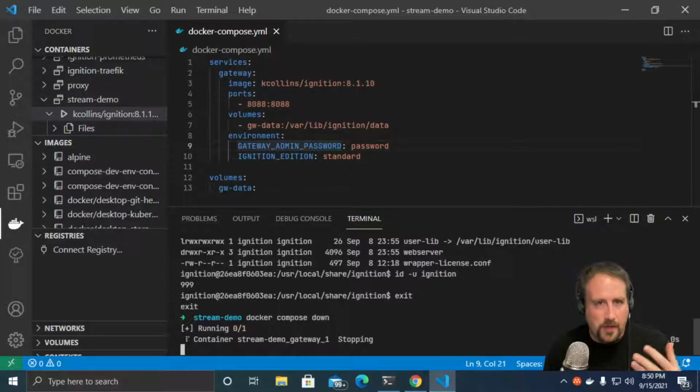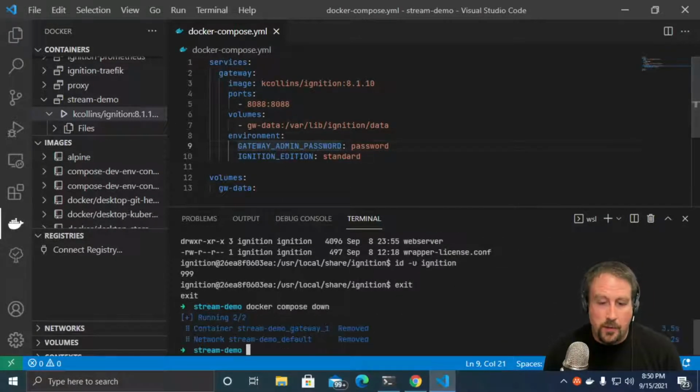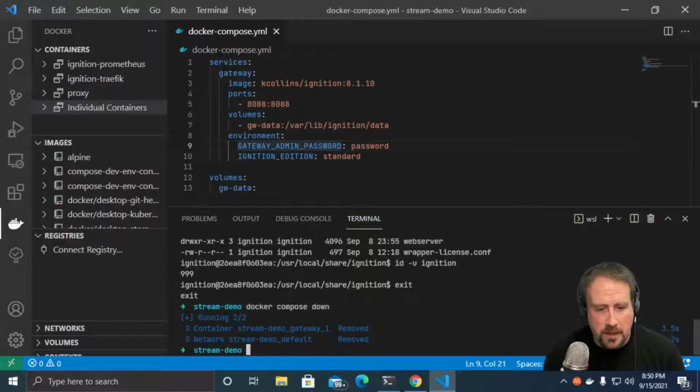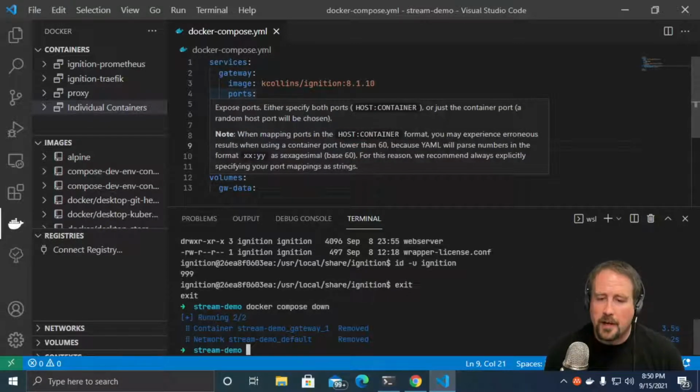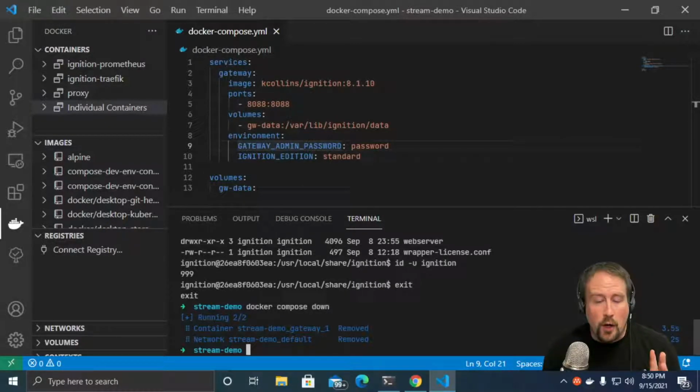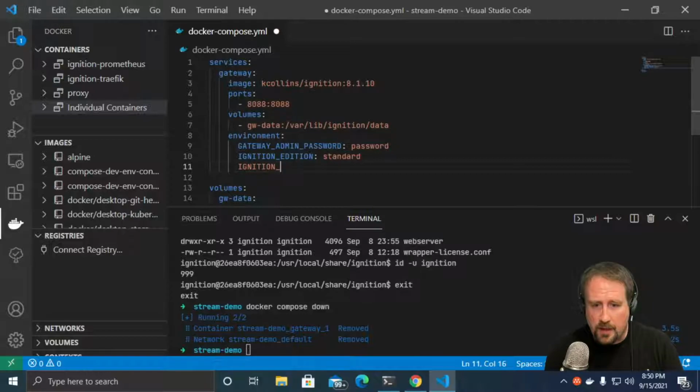So this is going to stop our ignition gateway. It's going to remove that container. It'll also clean up the network here that we've defined in our one container compose stack. Our volume is still there. Now, what's interesting is if we specify ignition UID, and let's just pick a different arbitrary user ID here,